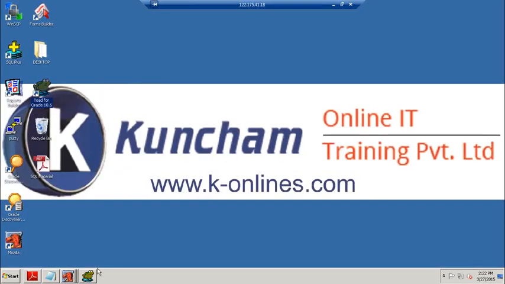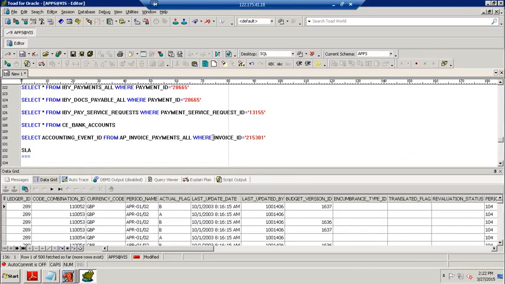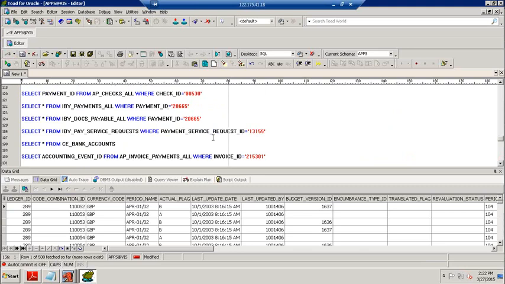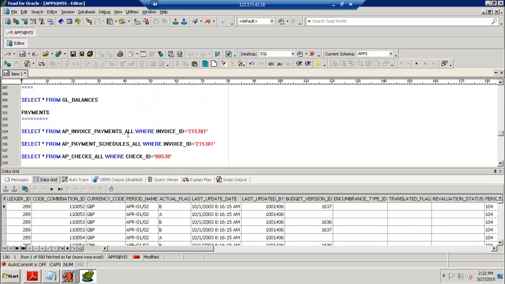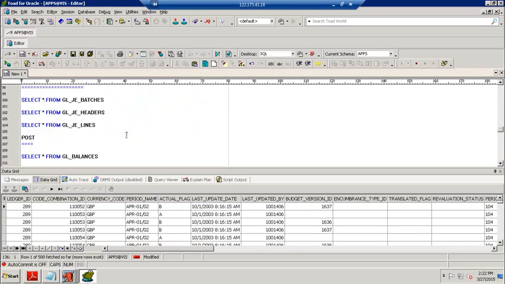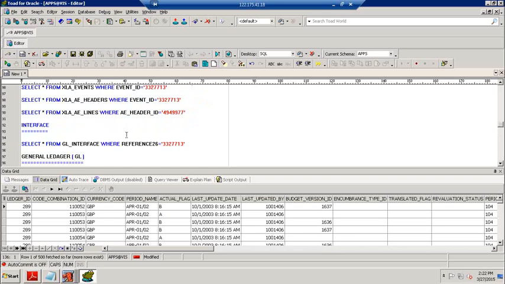Also, in this one we don't have any direct link from AP to GL, so definitely we have to use the respective join. That we will discuss when we explain the joins. I will explain the major joins between each and every module.